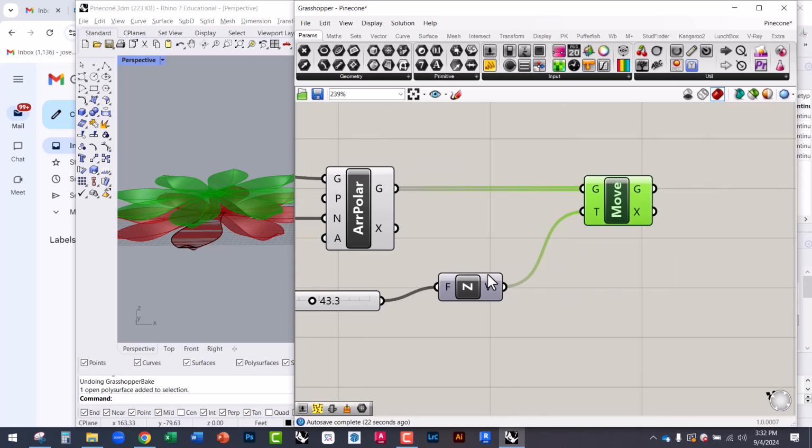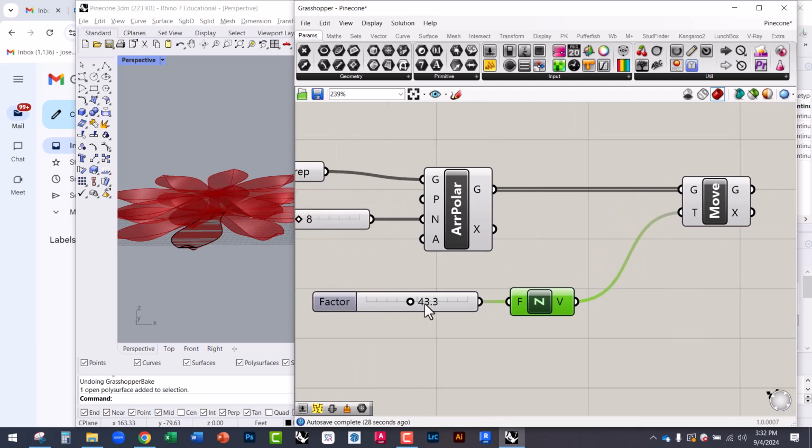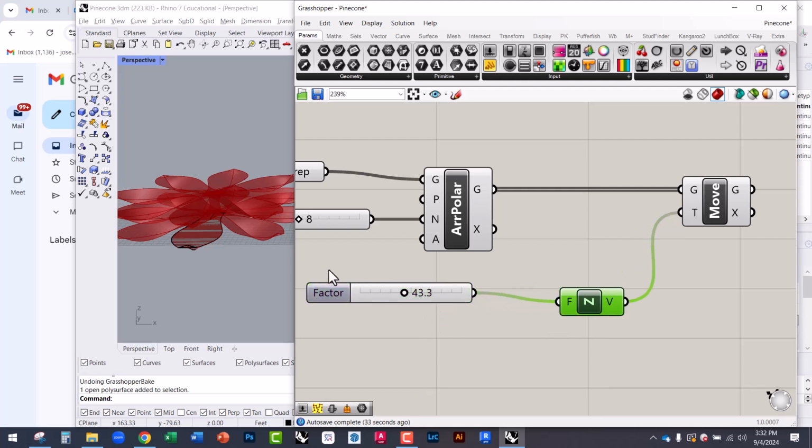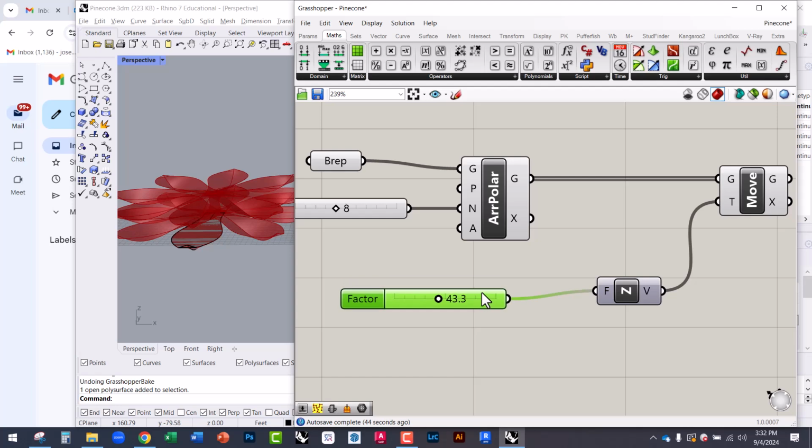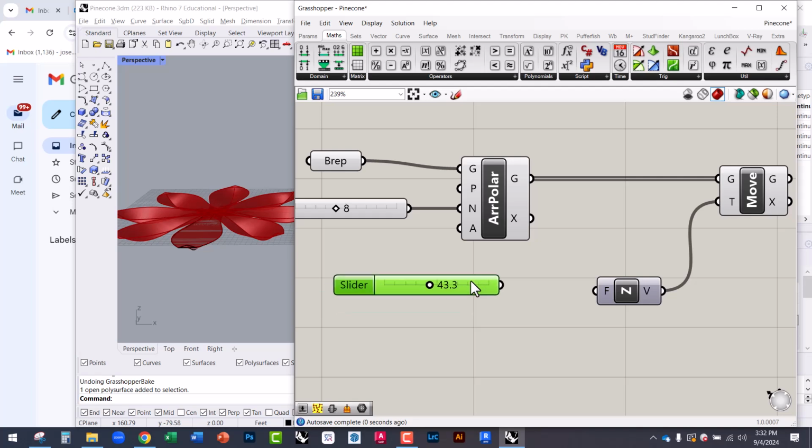So what I want to do is tell this distance, don't just move it 43, move it a range of numbers. I want to move it, let's say 50, I want to move it 100, 150, a series of numbers, okay? So what I need is a series. So that instead of this discrete single number, I'm going to disconnect by holding Control, disconnect. So now it's there. I want 50, I want 100, I want 150. Okay, so what I'm going to do is create